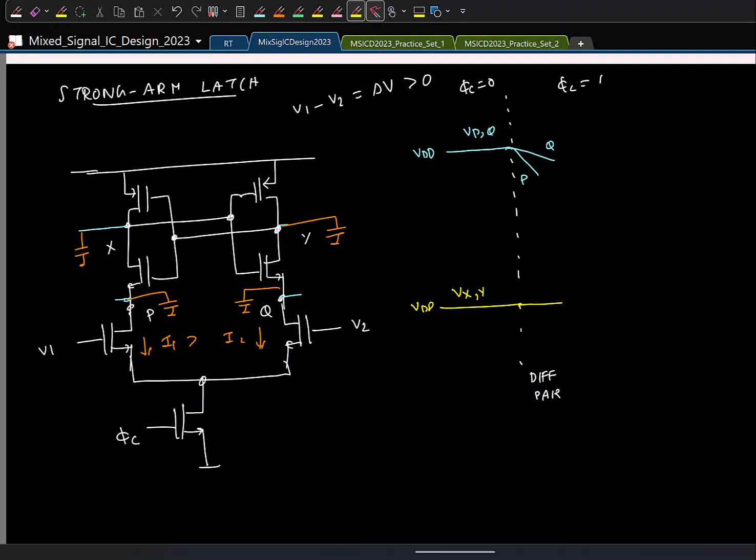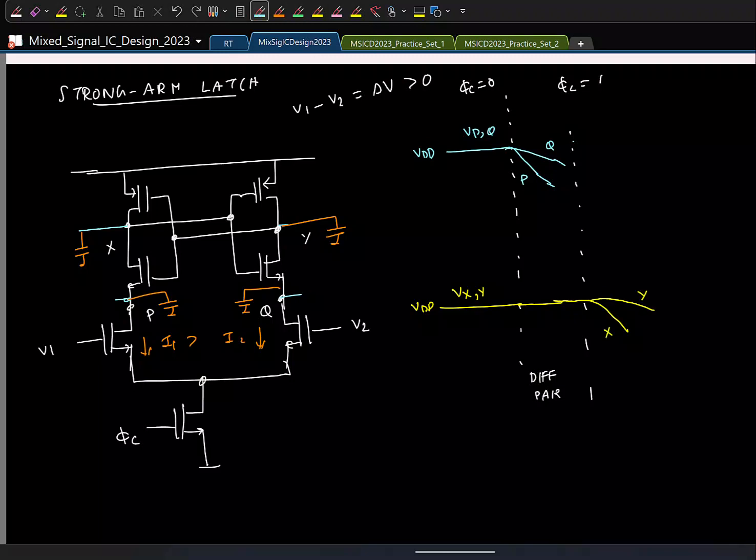The NMOS will start to turn on, and once the NMOS starts to turn on, what will happen to X and Y? NMOS will start to draw currents and X and Y start to drop. So again, very loosely speaking, let's say at this point this happens, and which of the NMOS will turn on first? This guy will turn on first because P is dropping. So X will start to drop before Y, right? So X will, let's say, start to drop here and Y will drop later, and also X will drop at a faster rate like this,